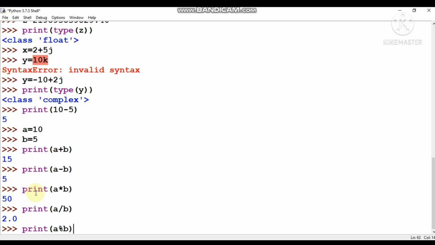Here the value of a is 10 and the value of b is 5. So when we divide 10 by 5, 5 2s are 10, the quotient will be 2 and the remainder will be 0. So modulo division always returns the remainder and simple division will return only the quotient.